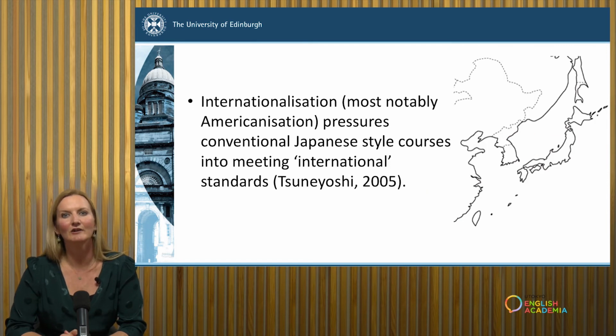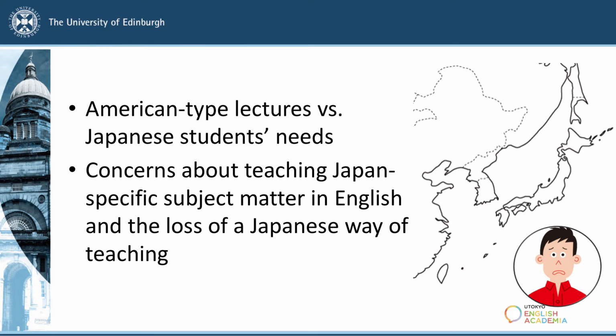In Japan, Tsuneyoshi found that internationalization, most notably Americanization, has resulted in conventional Japanese-style courses being pressured into meeting so-called international standards. Japanese students felt that American-type lectures did not fit their needs. Others raised concerns about teaching Japanese-specific subject matter in English. Differences in Western-centric practices and local academic practices were also of concern, and they feared the loss of a Japanese way of teaching or learning,